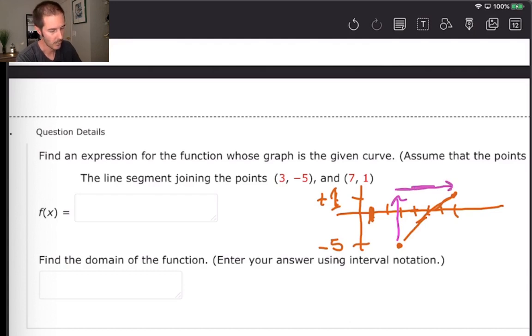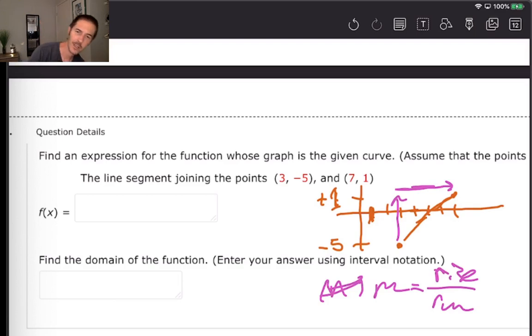You'll have rise over run, m equals rise over run. So you're going to figure that out. That's going to give you an m value. And then please remember